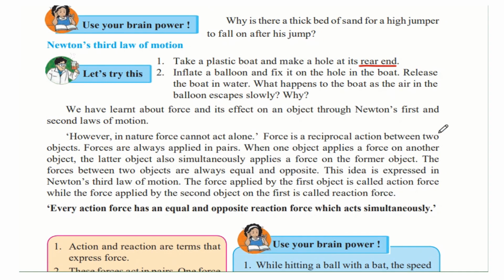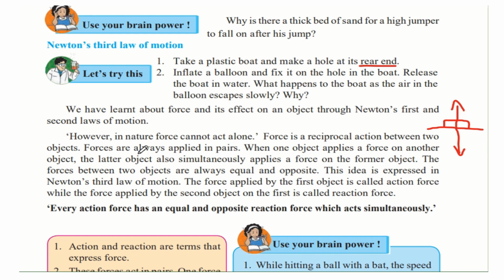So we will understand this using an example. Imagine this as the surface of a table, and on the table is a book at rest. The gravitational force pulls the book towards the surface of the earth. So, the book exerts a force on the table by gravity. And we cannot see it, but the table also exerts a force on the book in an equal and opposite direction.